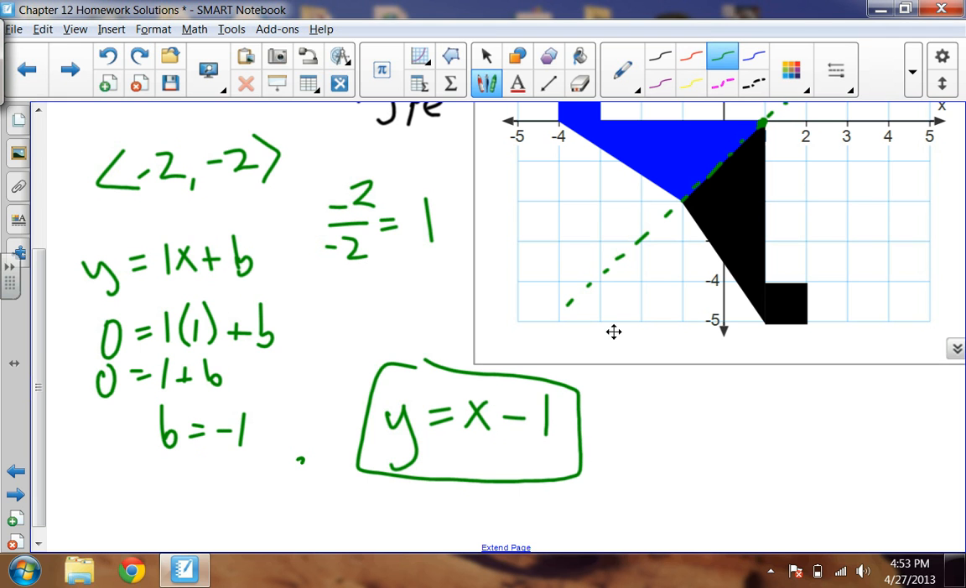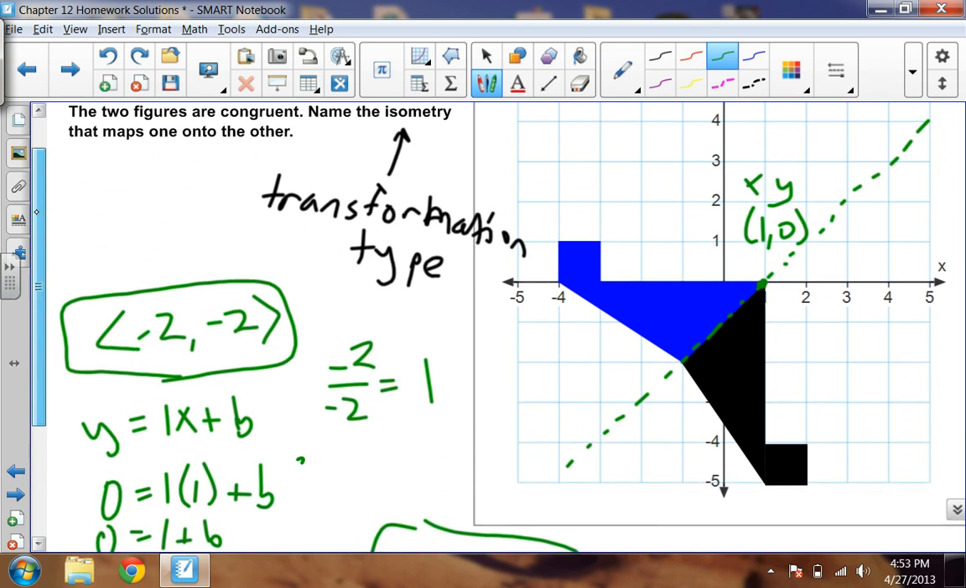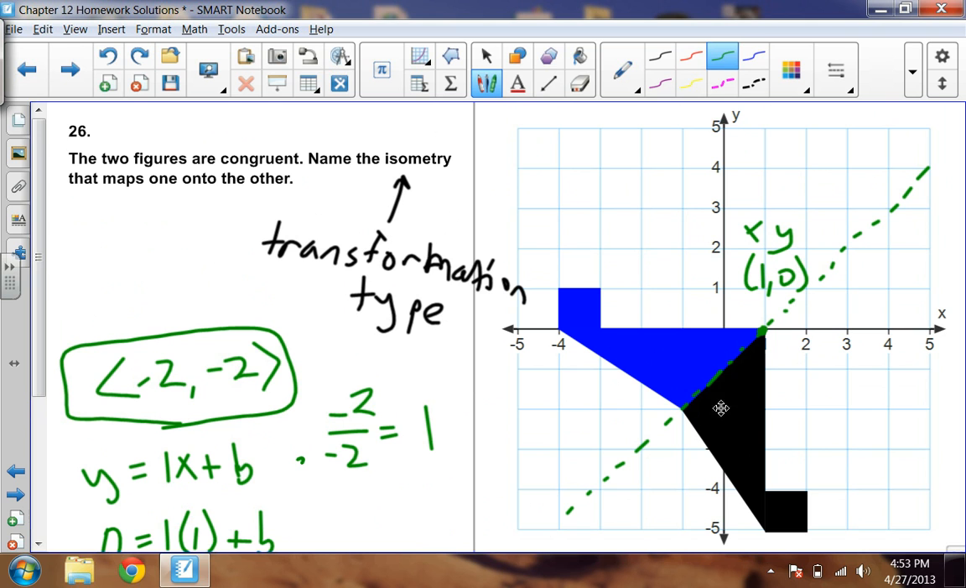So there's my reflection, and here's my translation. So again, what we did was we mapped this across. We had a black figure originally up here. We had to translate it down to reflect it. We decided we had to do a reflection